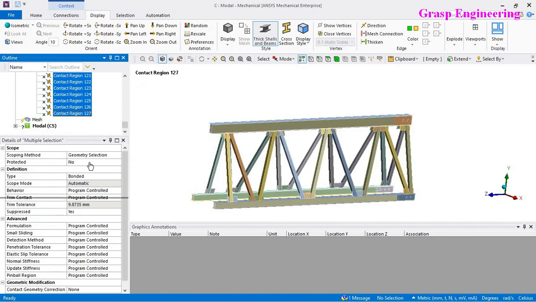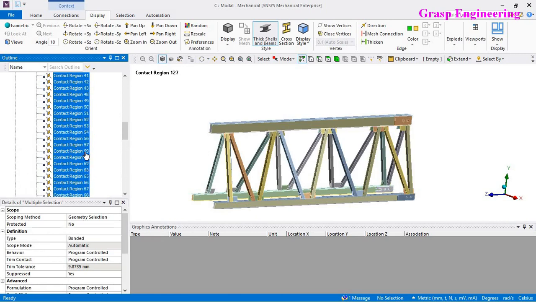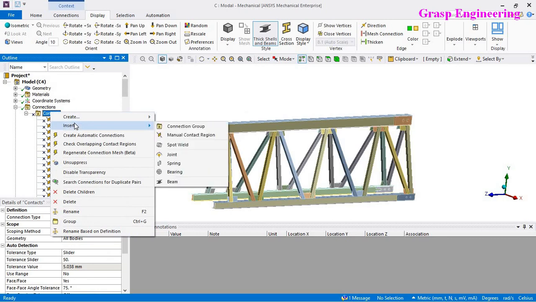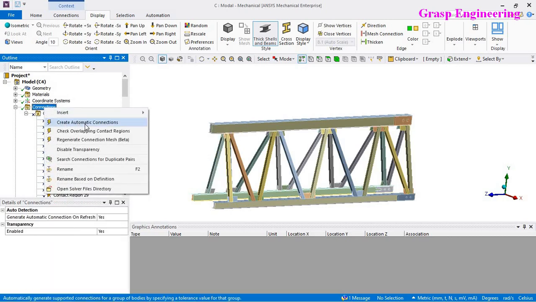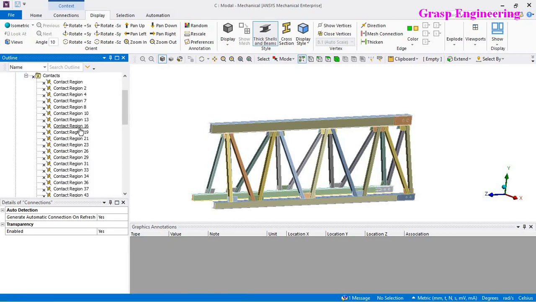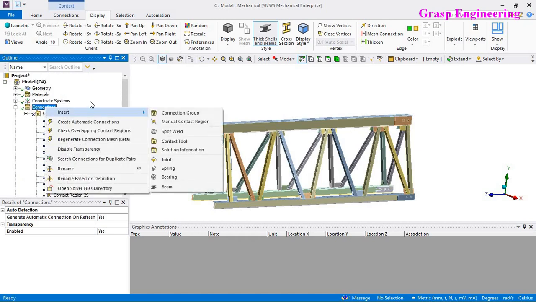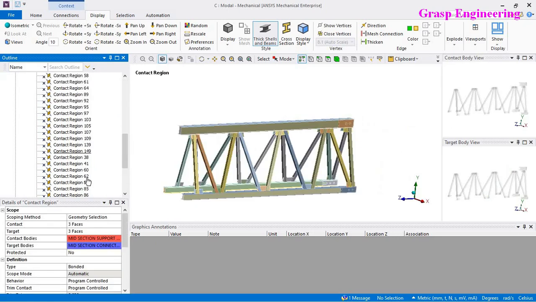Okay, now I suppress that. Now let's try to generate the automatic contacts further. So right click, insert, right click here and create automatic connections. Based on your tolerance value, it will further create the contacts. I will directly delete this.